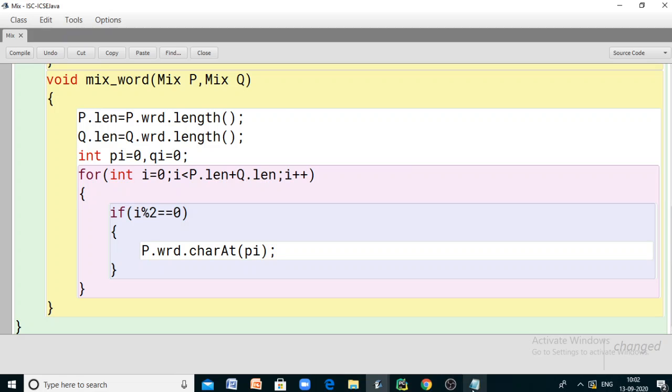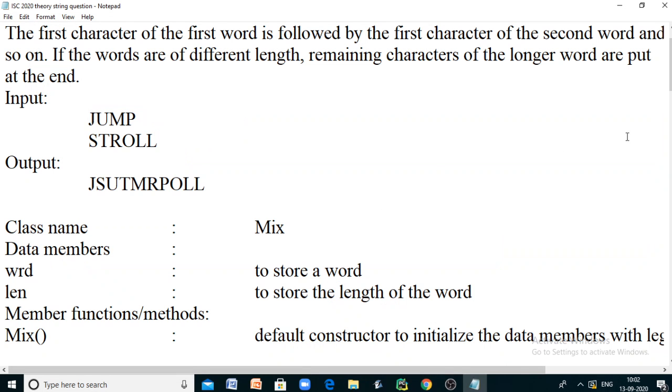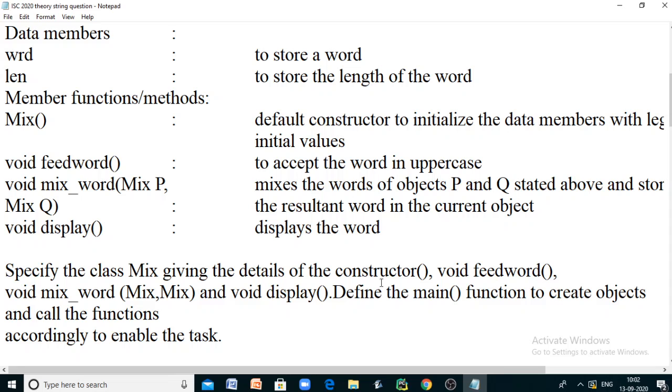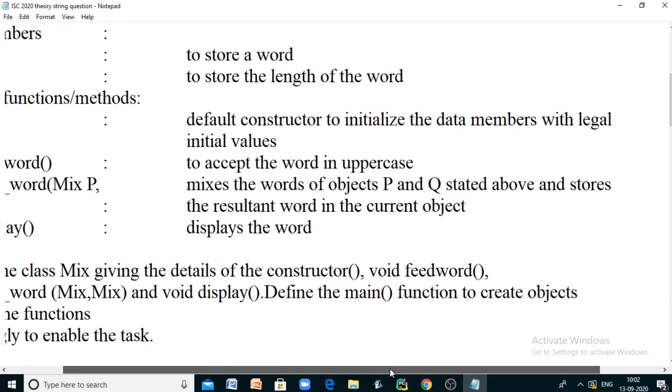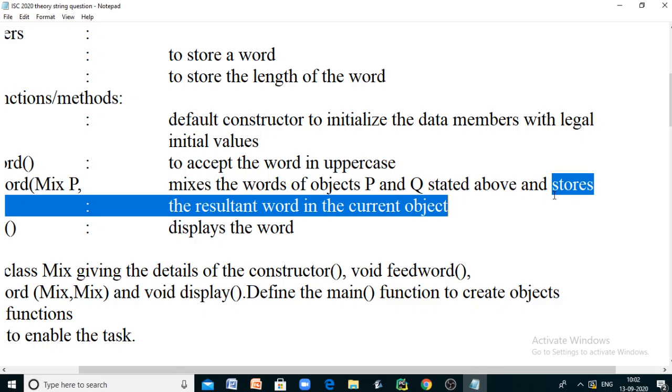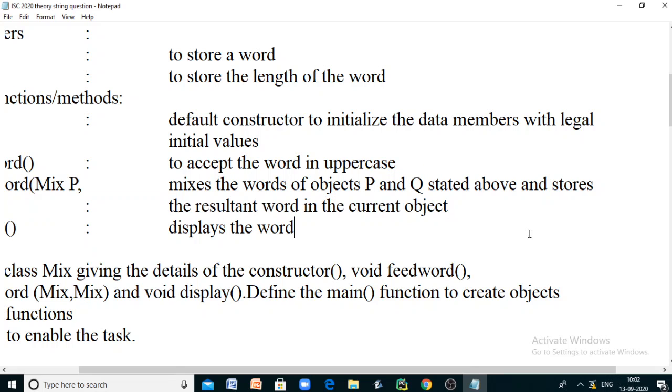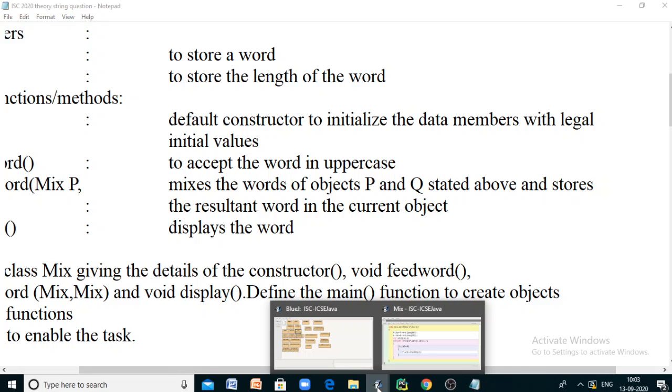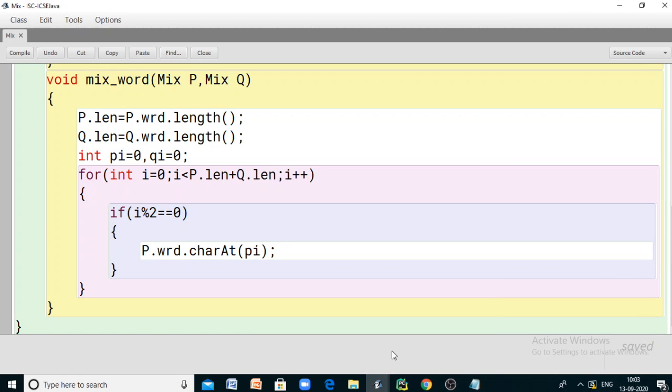Your question clearly says, in mixWord, the mixed word mixes the words of objects p and q and stores the resultant word in the current object. So the current object means the object by which you are calling this mixWord method. How can you refer to the current object of a method? That means the object by which this method is called, within that method.